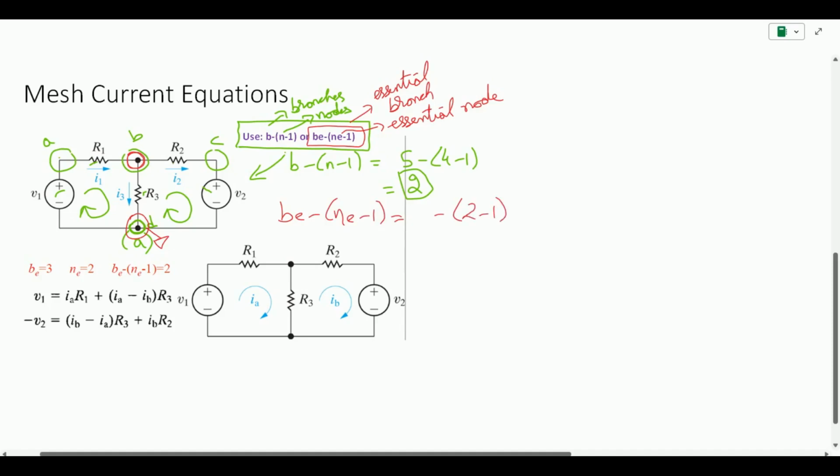How about the essential branches? So we know essential branches are those that connect the two essential nodes. So if we move from node B to node D, there are only three paths, 1, 2 and 3. So there are three essential branches, which comes out to be again 2. So both the meshes are mathematically verified by using any of the equations, and you can utilize any equation to